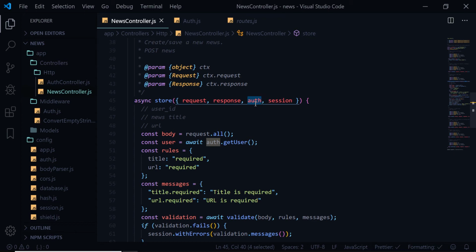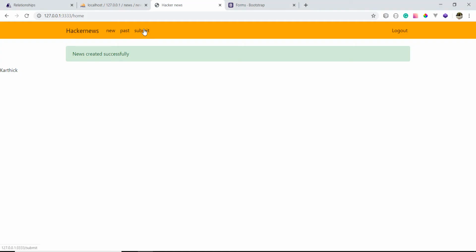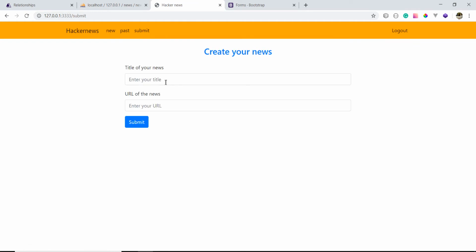I don't know why, but we are not passing session, so it is thinking that session is not used. If there is no session, it thinks that it is an authenticated one. Somehow it is happening. So just mention that so that the error will go away and we can start creating our new news. So we'll start with Flutter